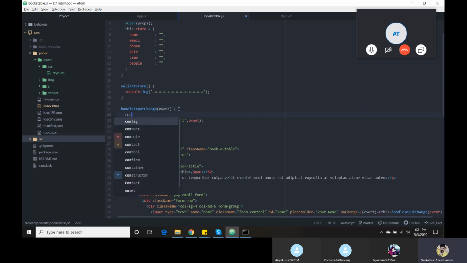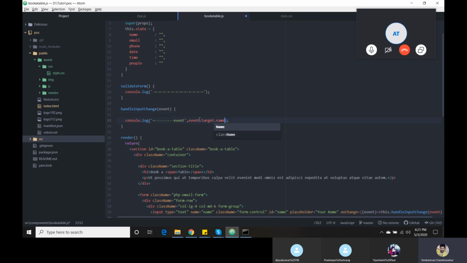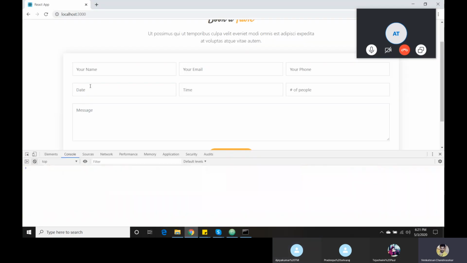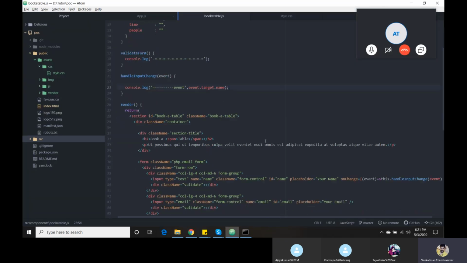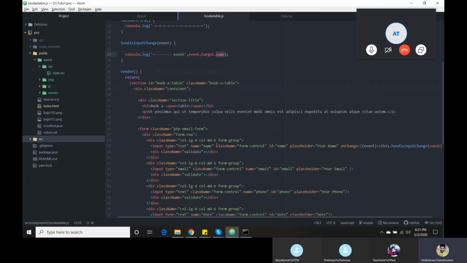event.target.name. Event.target is an object, and in this object, target has all the values. Whenever I am changing, the count will increase, because I am changing the value of name.